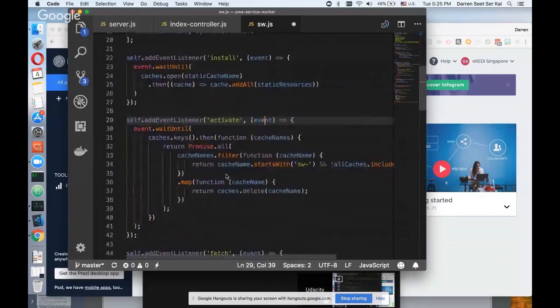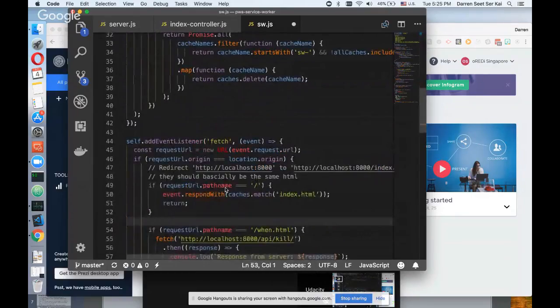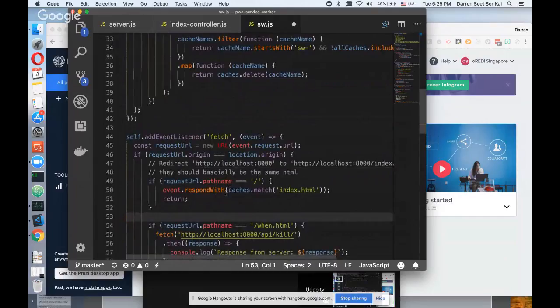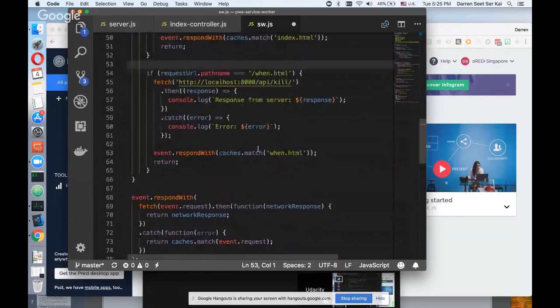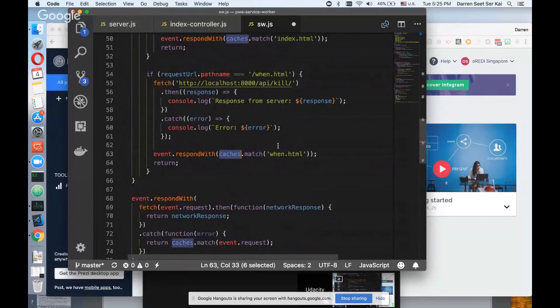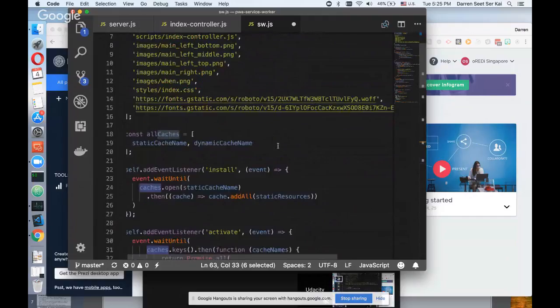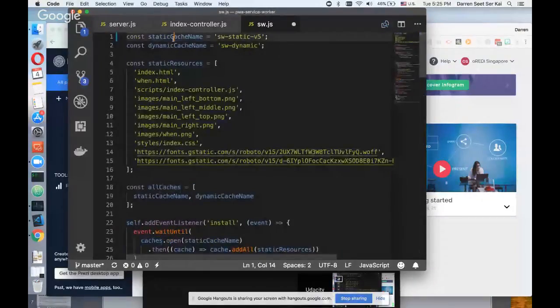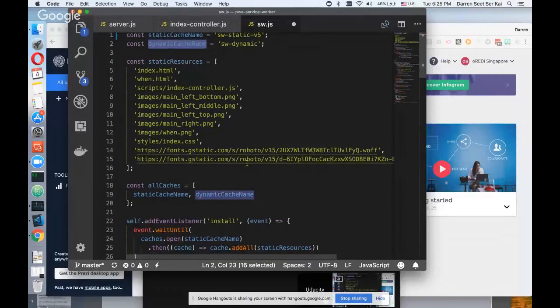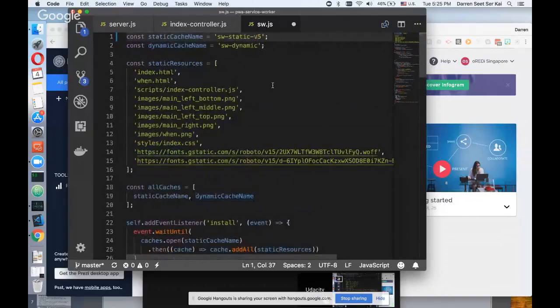For my code, I didn't write that in, but I think in your fetch, you should be getting your cache. I did a caches match, or maybe say match from this cache and this cache, because say v5 gets installed while v4 is in control.